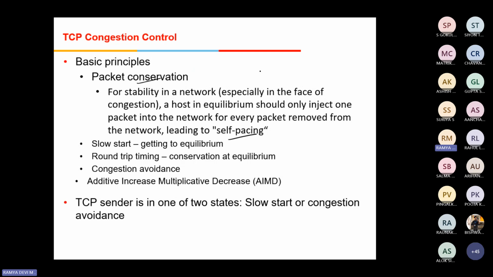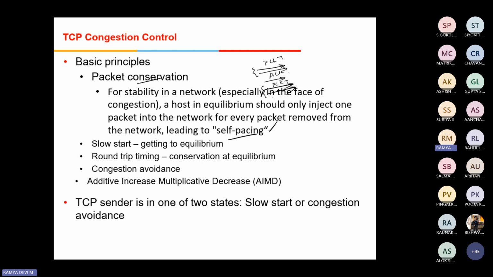Okay, so if one packet is being transmitted and it is not acknowledged, only one more packet should be placed inside the network. For every packet that leaves the network, it gets acknowledged, and the sender should inject only one exact packet. I'm sending a packet, and for this packet I'm getting an acknowledgement. So for this packet already sent, I can send only one more packet. If I'm transferring 2 packets, for both packets I'm getting an acknowledgement, so 2 more packets can be transmitted, which is called self-pacing.